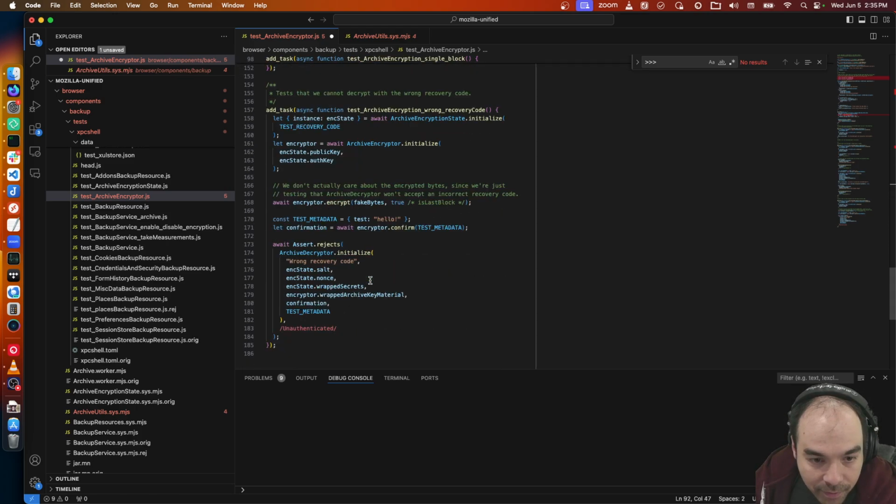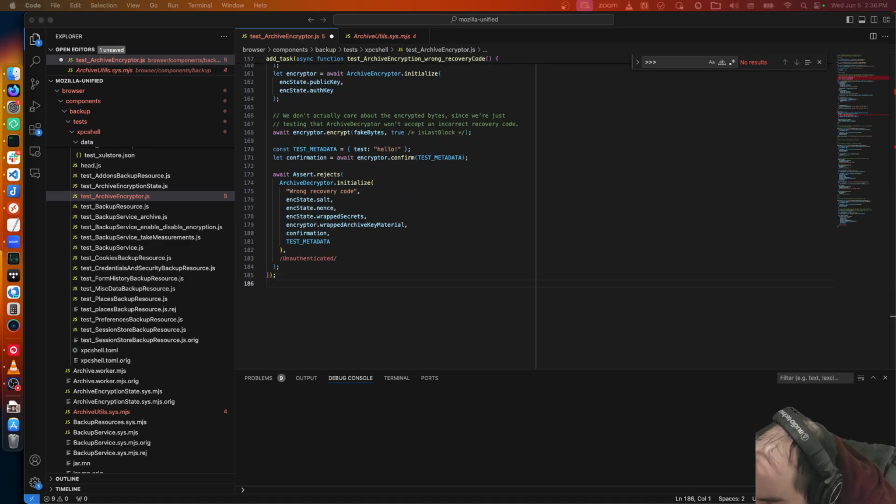Test that we cannot decrypt from the wrong recovery code. What was the other one? Mismatched public key, private key, faulty recovery code. Yeah, it won't let us do it. Mismatched keys.